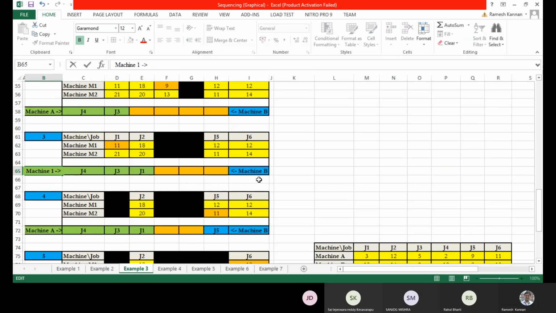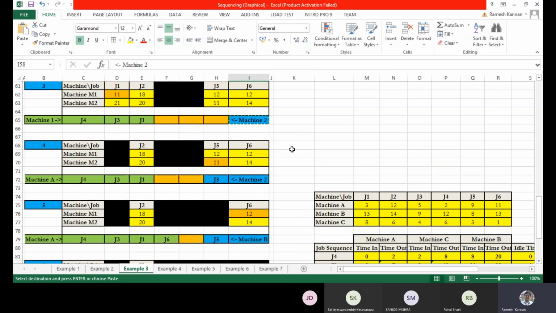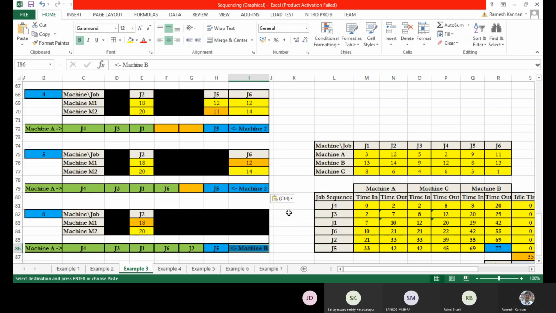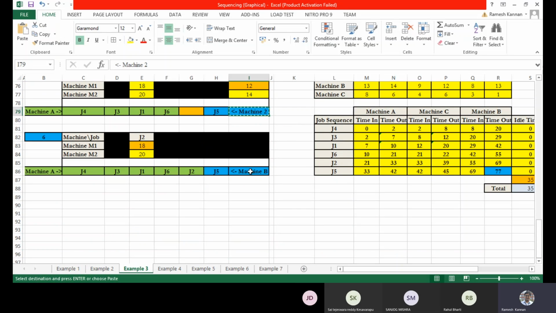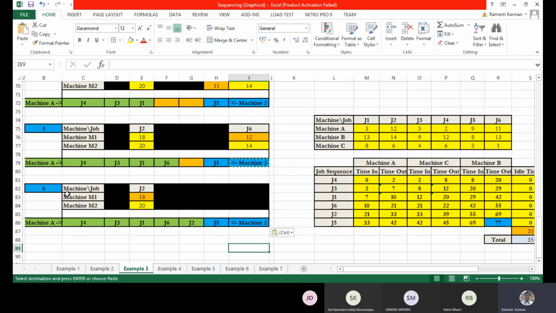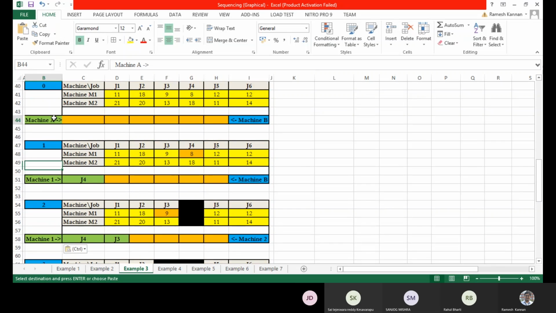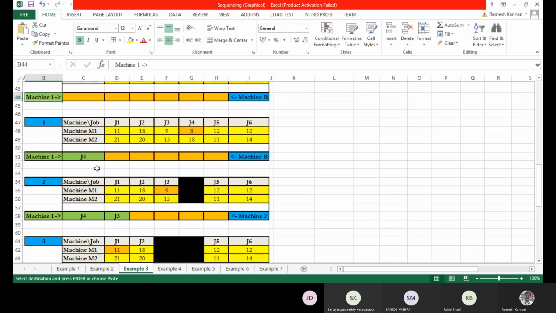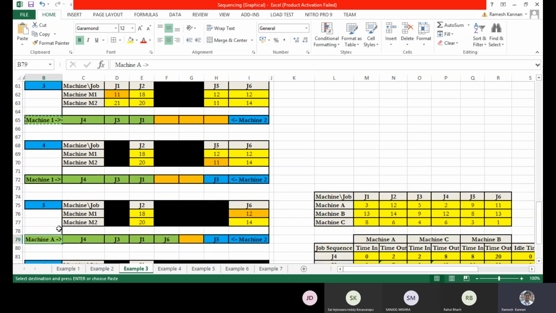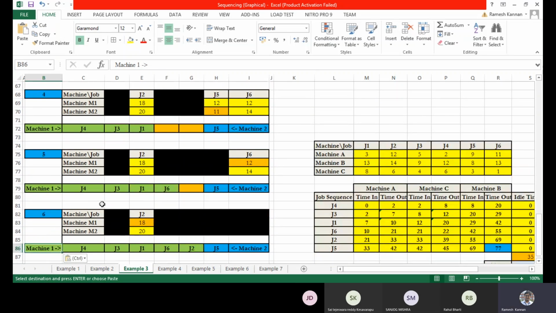This is an equivalent machine, so you don't have to take machine A. Machine A becomes machine 1 and machine B becomes machine 2.